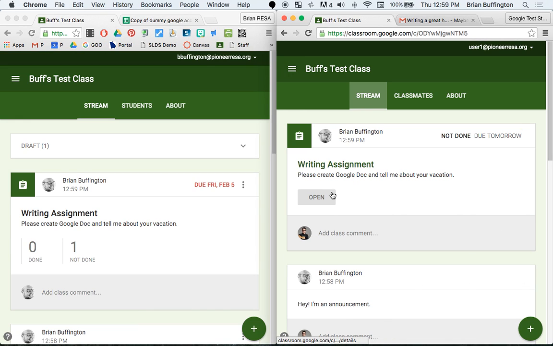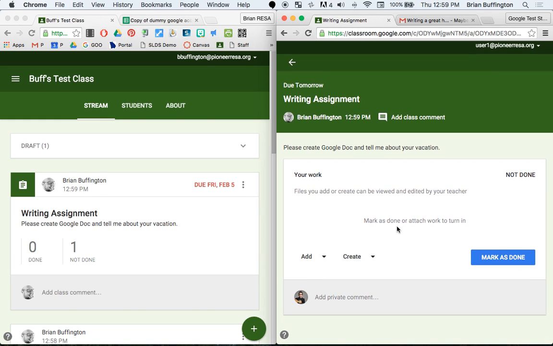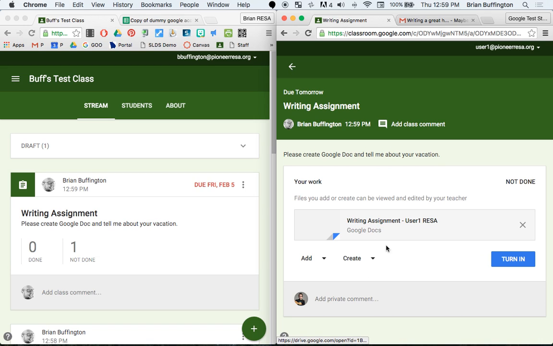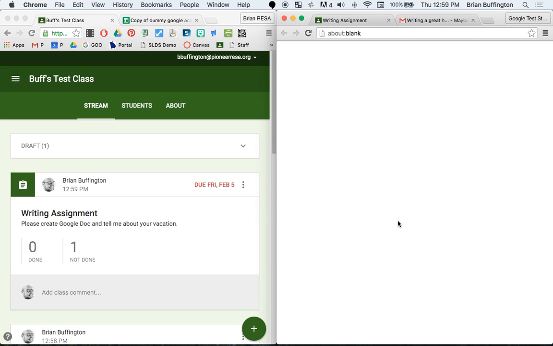The student sees this and goes, man, Mr. Buffington, wow, how does this work? So the student hits open. And I get to see what the student sees. Very important because we want to be able to sell this to our students, to our parents. And we need to know how it works on the student end. So down here, I'm going to go create a Google Doc, because what does it feel like to be a student to do this? And it created a doc, which is really cool. It actually did it already in the assignment, so the teacher can access this. So I open that up,